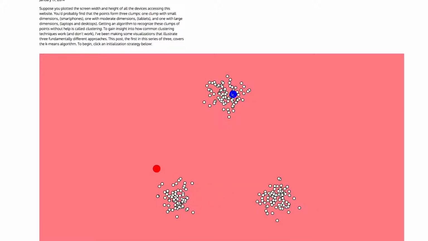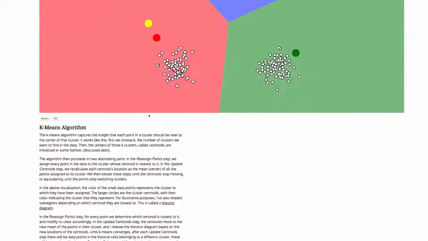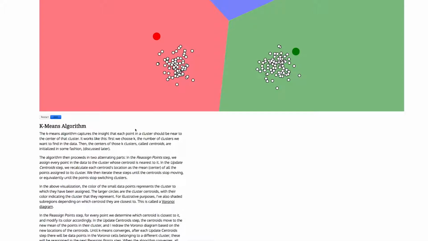And so what this algorithm is telling us is basically all of the points belong to this centroid at the beginning. And maybe we have another point here and a third point here. And we could run the algorithm. If we say go, you can see that the first thing that happens is each centroid is assigned to a certain number of points. And then if we update the centroids, they move to the center of that grouping.